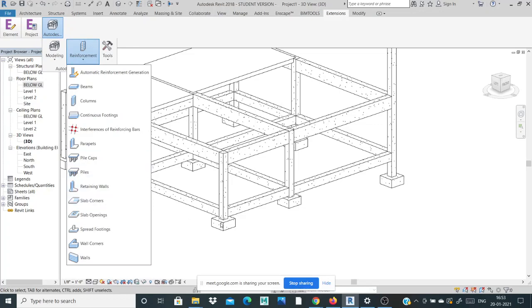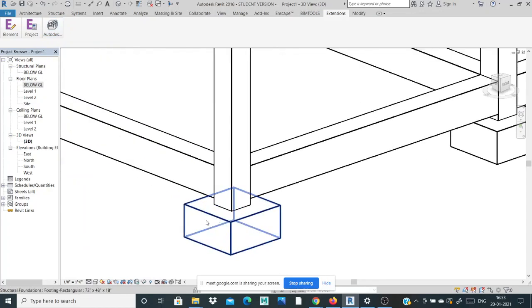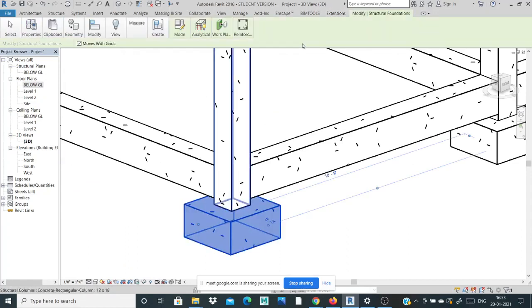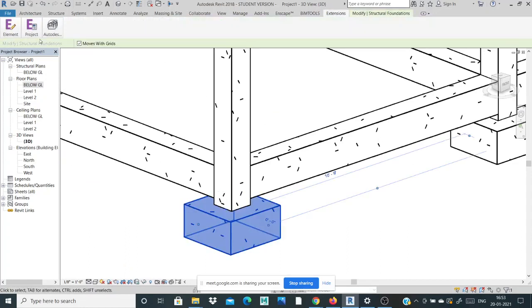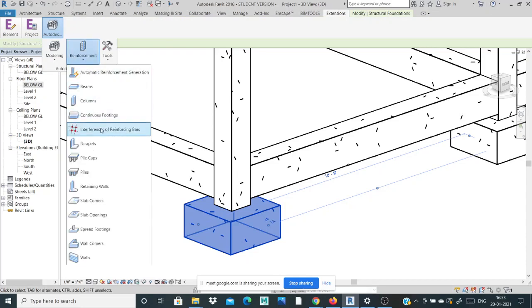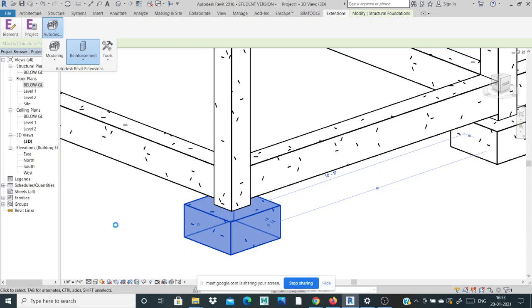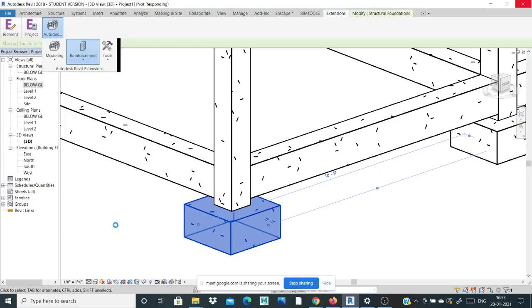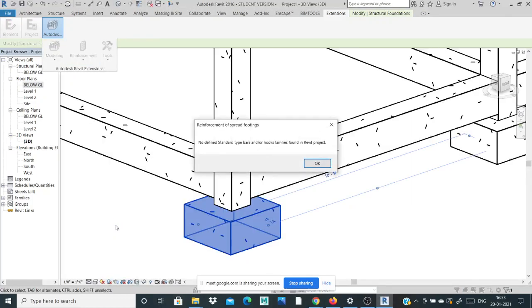I simply click this spread footing, right? I need this reinforcement detailing. Simply go to extension, Autodesk, go to reinforcement, right? This is my spread footing, right? I simply click this spread footing. It's loading. Sometimes it will hang. So wait for